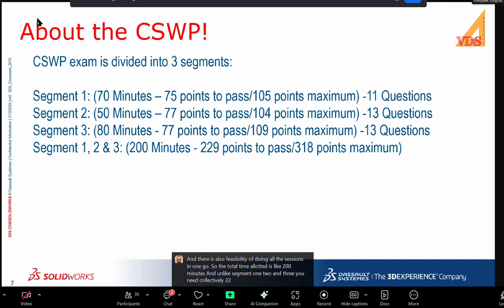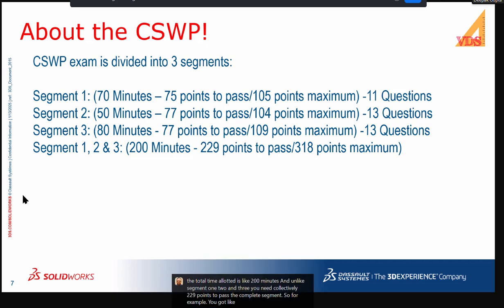229 points to pass the complete segment. So, for example, you got maximum marks in segment 1 and 2, but you were not able to get the full marks in segment 3. But your total of all the segments is going above 229, or at 229, so you will pass the